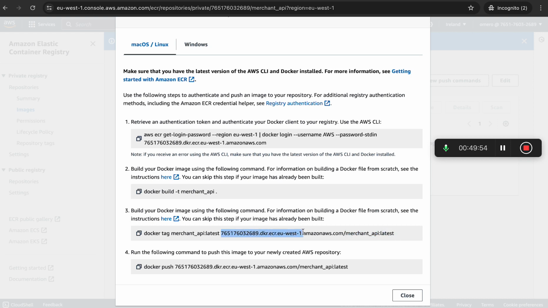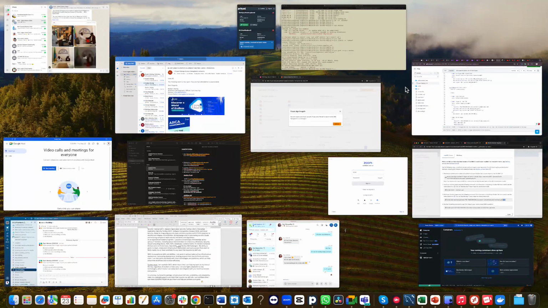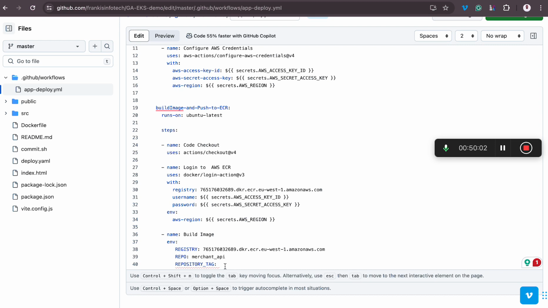That's the format. The registry slash the repository name slash the tag. So that's what I want to use there. So the repository tag will now be, I'll be calling the registry variable, all right? Registry, slash, dollar brace open repo